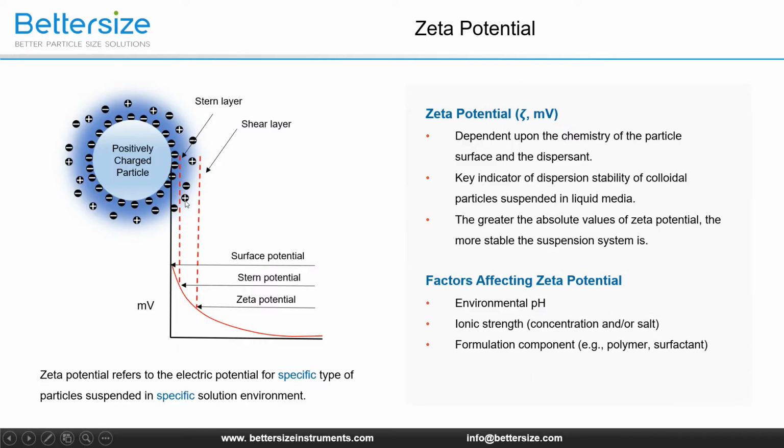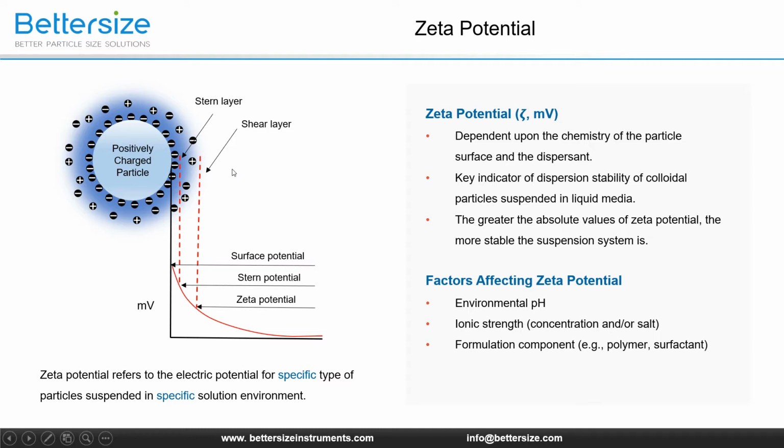Particles usually carry charges on the surface in aqueous systems, surrounded by counter ions that form a firmly bound inner Stern layer and an outer shear layer. The electric potential reaches the maximum at particle surfaces, which is called surface potential. The Stern layer locates at the double layer's inner region, where ions are strongly bonded, and the electric potential measured at this layer is called Stern potential. Zeta potential is the electric potential at the interface of the shear layer. Within the shear layer, all components move with particles, whereas solution environment refers to any position outside the shear layer.